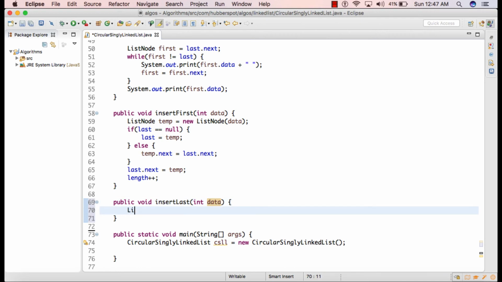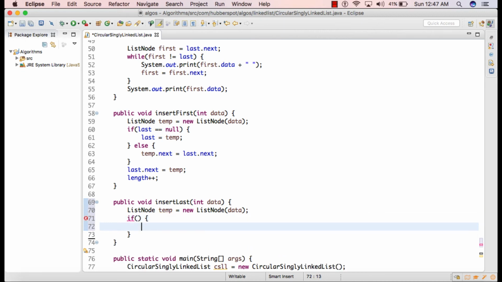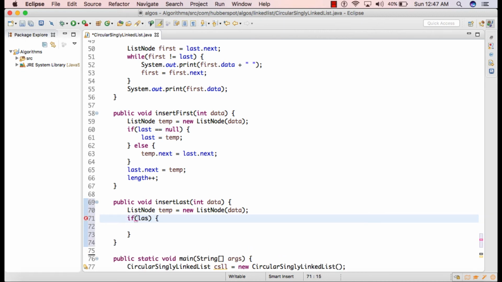So in the first step, we'll simply create the list node by name temp, and we'll pass the data into the constructor, and then we'll provide an if else block. So in the if, we'll provide a condition as whether list is empty or not.